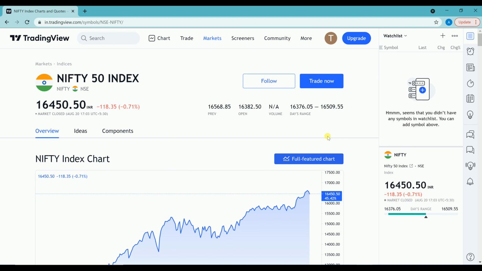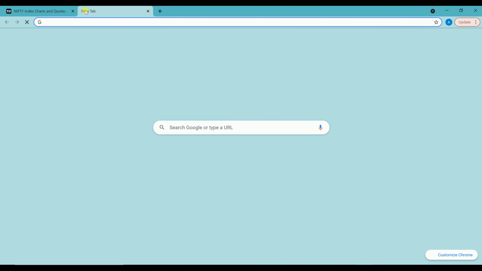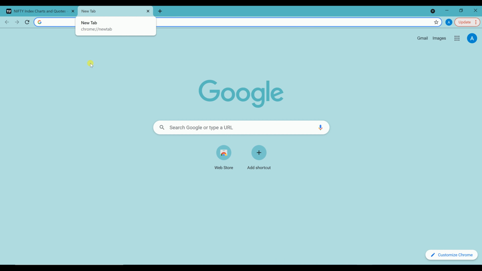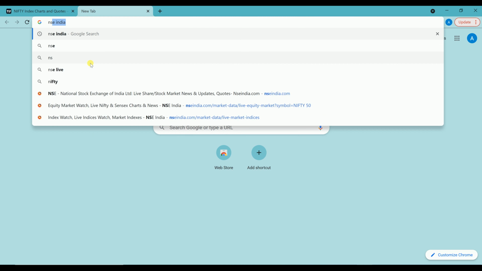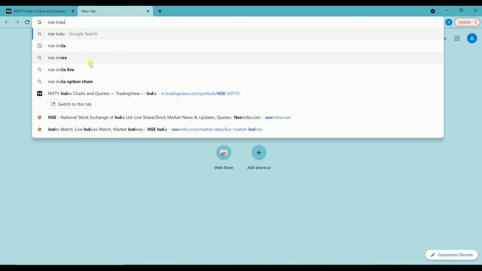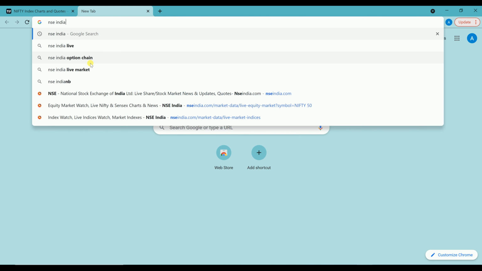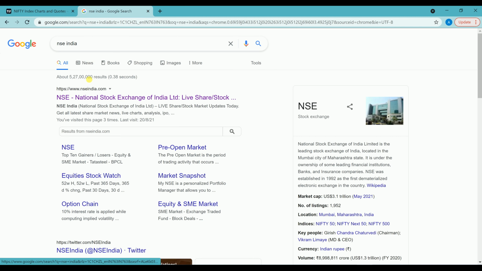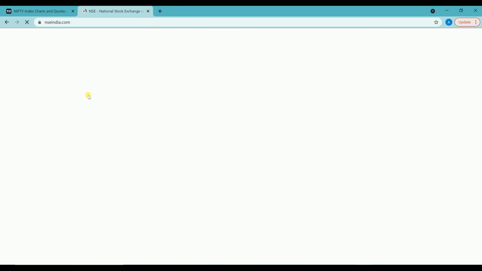For this, you can use a simple workaround that is commonly used in the trading community, making use of simple things to make things simple. You go to the NSE India website. You click on the first search result.